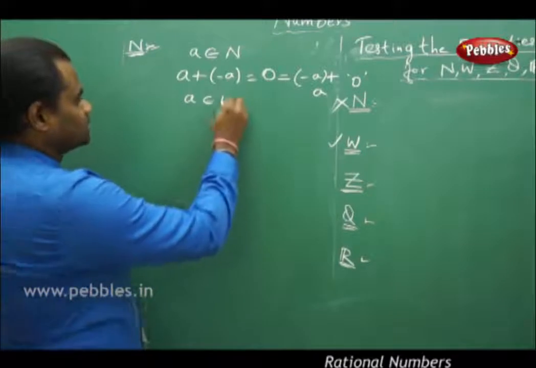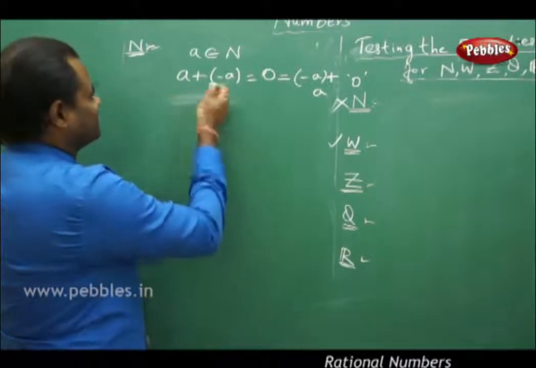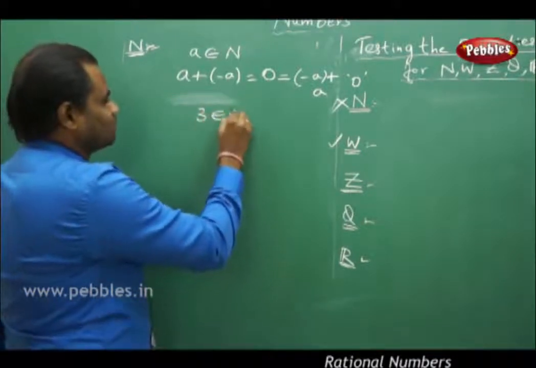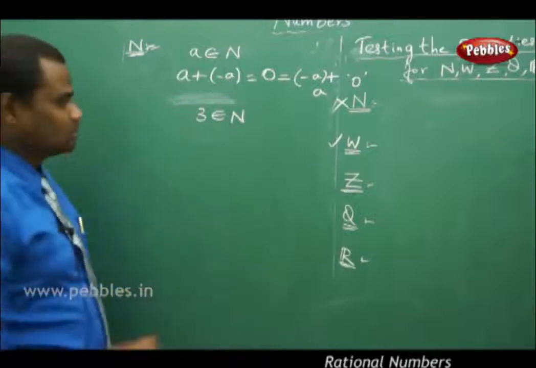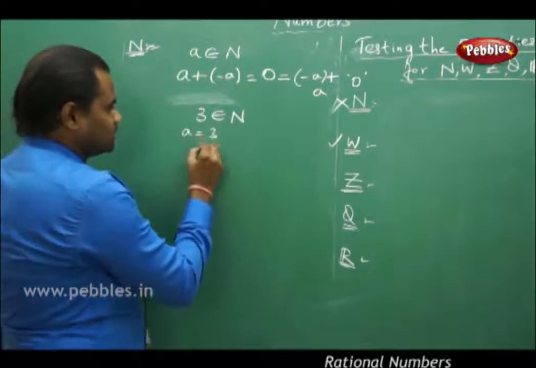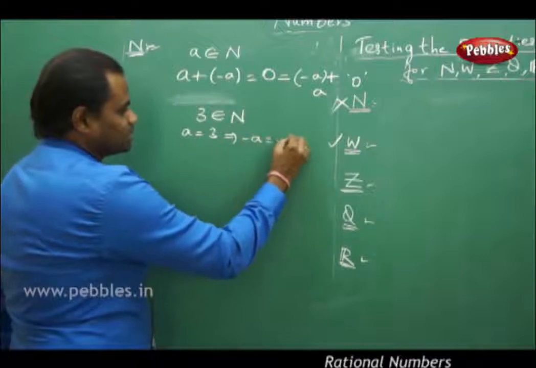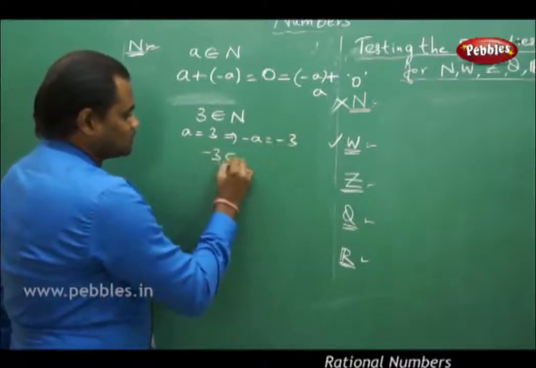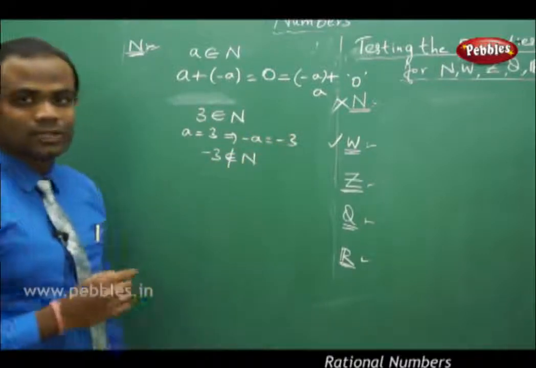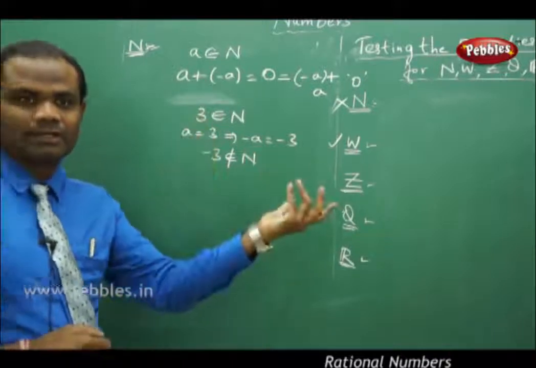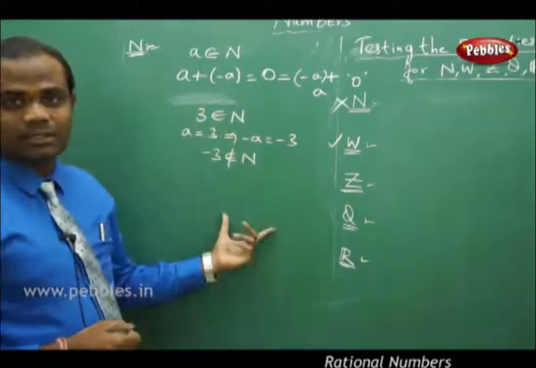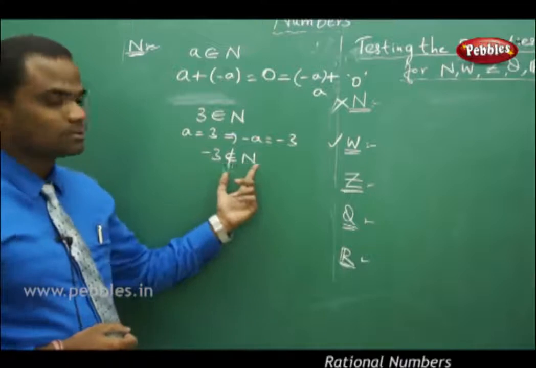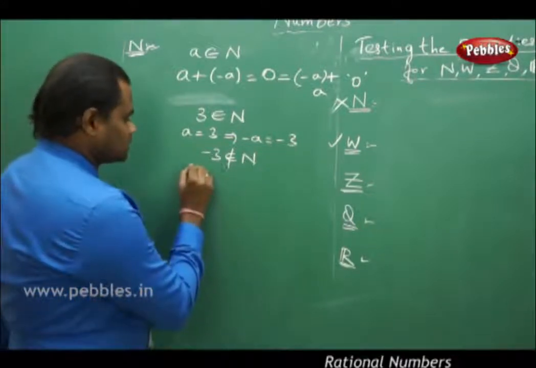The reason being that if I take a natural number, say 3, belonging to N, then if a is referred to as 3 here, that implies minus a is minus 3, which does not belong to natural numbers. So every positive number does not have a negative number in the natural numbers. Therefore, minus 3 does not belong to N, such that